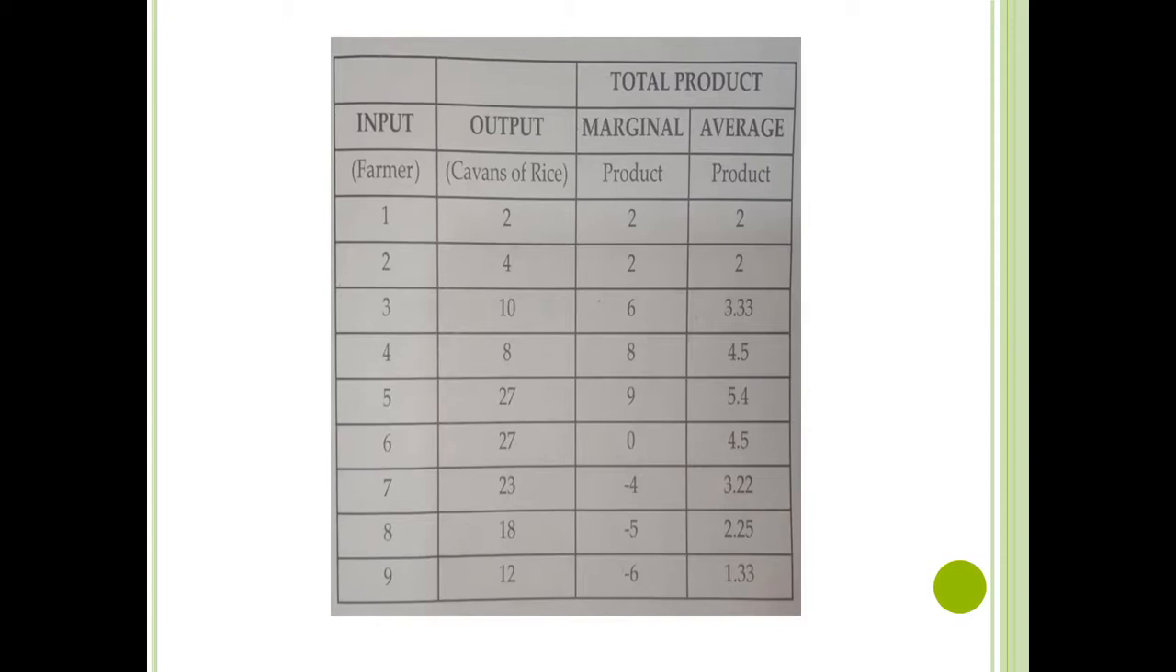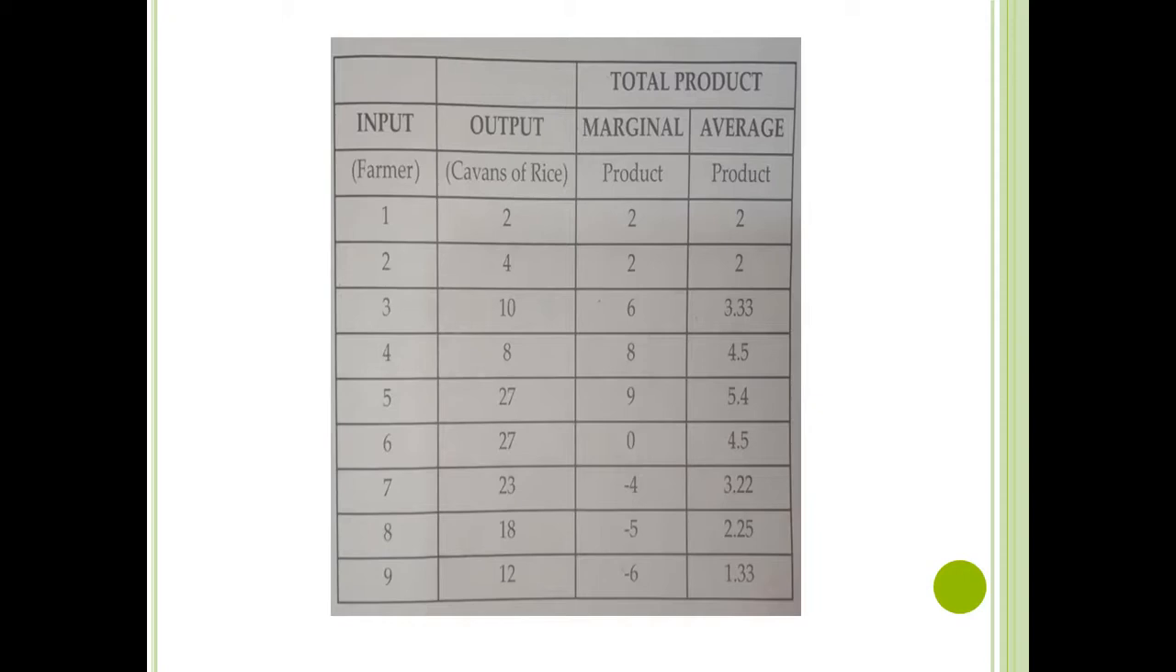And this is the point in the graph where it attained its peak and started to decline. After additional farmers, the variable input, of course, are employed to be able to harvest more kavans of rice, there is a point where the total product already starts to diminish, and that is the diminishing return or diminishing